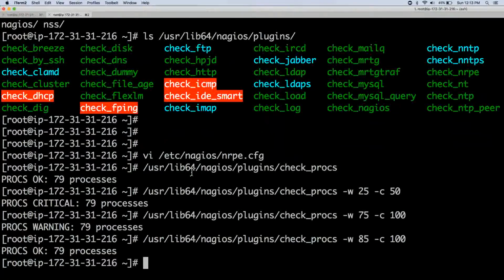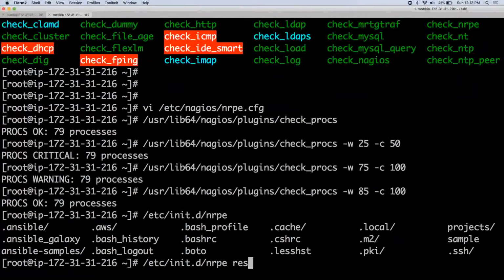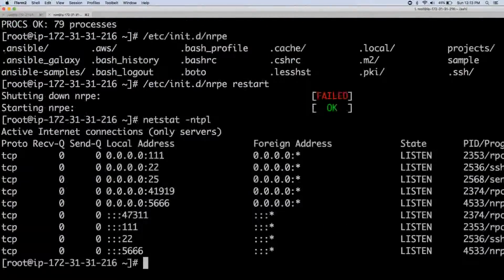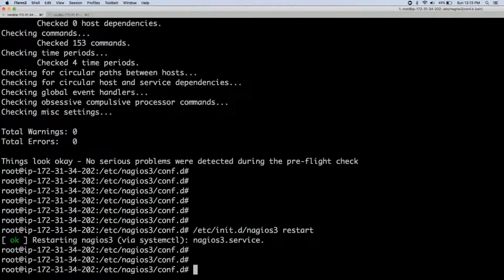Now our NRPE is ready. Now start NRPE. In init.d, NRPE will be there. NRPE restart or start. Now type netstat -ntpl. That 5666 should be up. Yeah, 5666 should be up. And you should be able to telnet from the other server. Now go to the other server, the Nagios server, telnet,